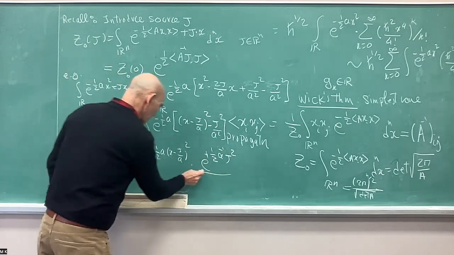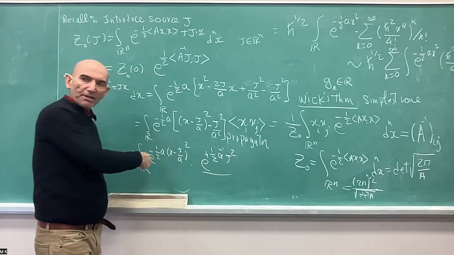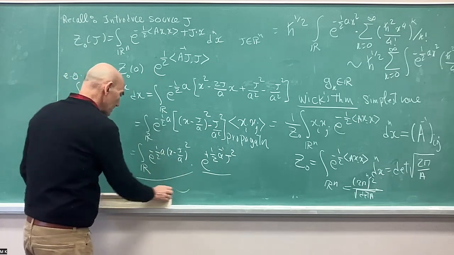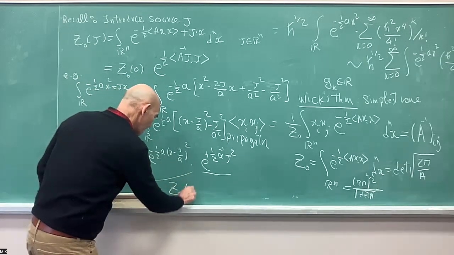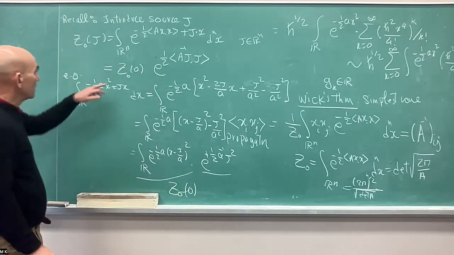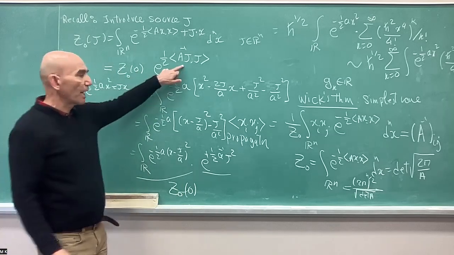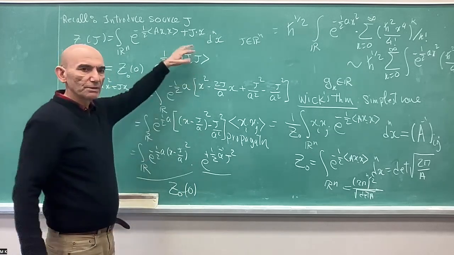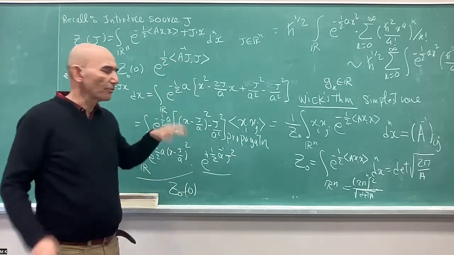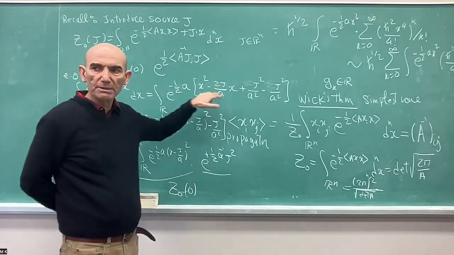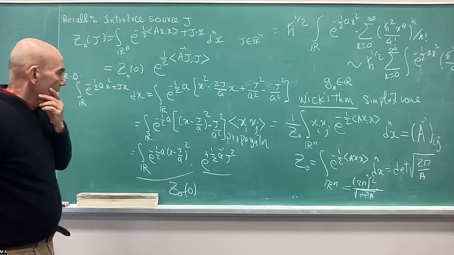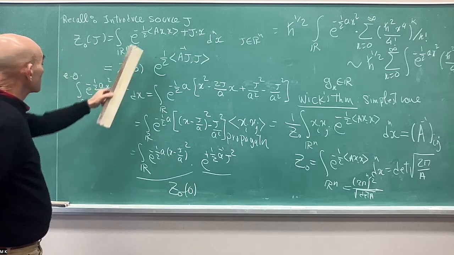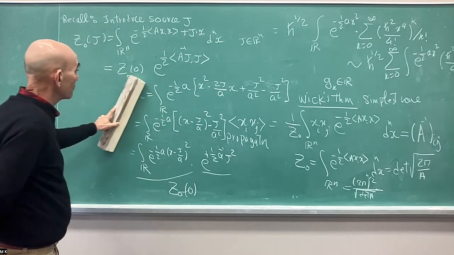Okay, so yeah, this is the constant, but by translation invariance of the measure, this is the same as Z0 of 0, right? That's the term that we have here. So this matches this one, so this is correct. I mean, you have to do this for the vector version of completing the square, but that's easy. Okay, so this is it, and using this source term trick or generating function trick,